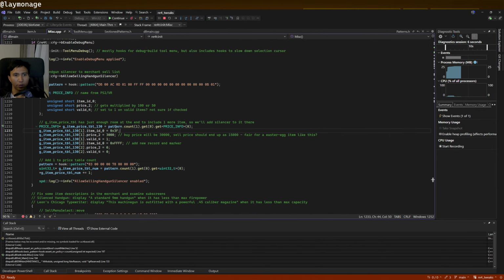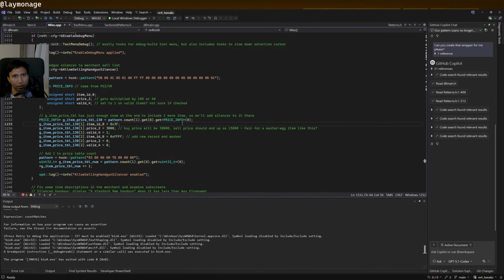So in this case we're absolutely sure that the pattern is found and there's one match, otherwise it will cause an assertion error, hence the crash. So we can just stop the execution of the game. Then we update this pattern for adding the handgun silencer to use our new function RE4T pattern. And if we run the game again,